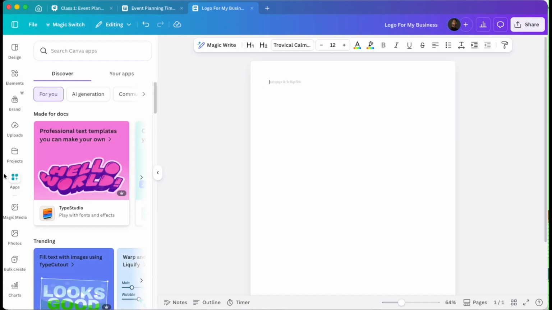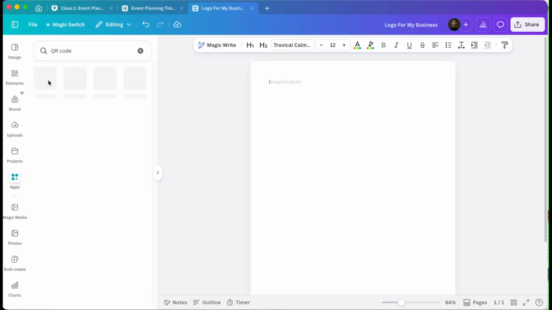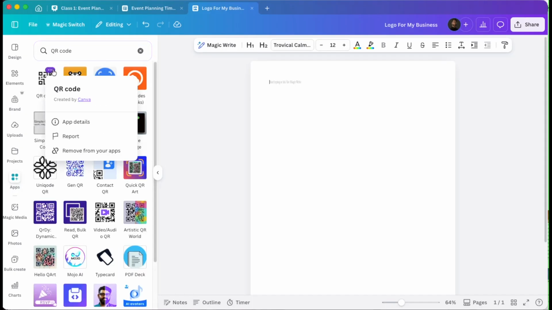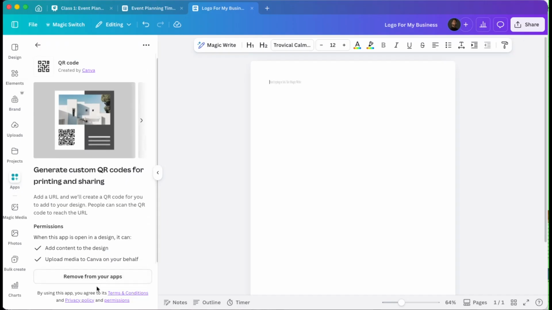You're going to go here to apps, and Canva has great apps available, right? So you're going to go here. If you want to do a QR code, you're going to type in QR code. And Canva actually makes QR codes. So I'm going to hit app details because I already have this installed. But basically, it would have an install button. You hit that. Once it installs, it doesn't install on device. It installs to your account. And you can come here